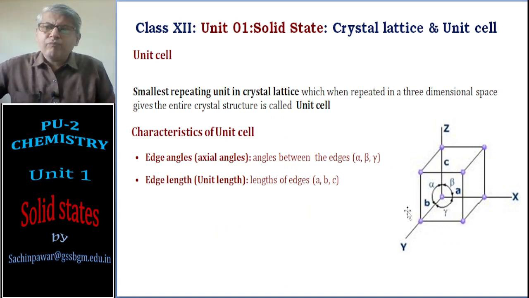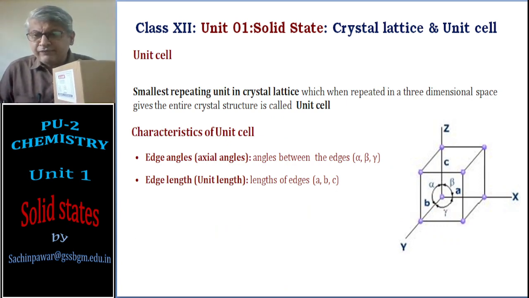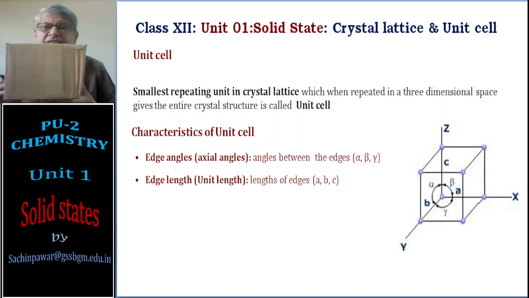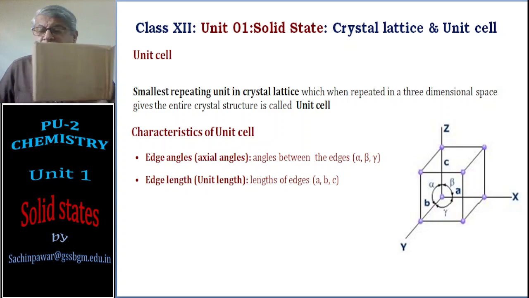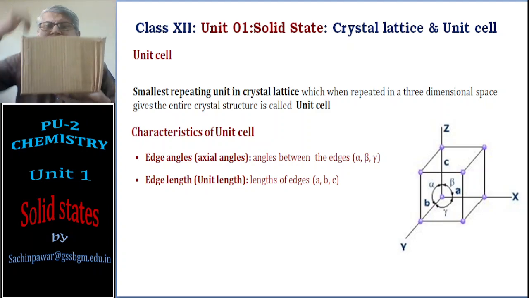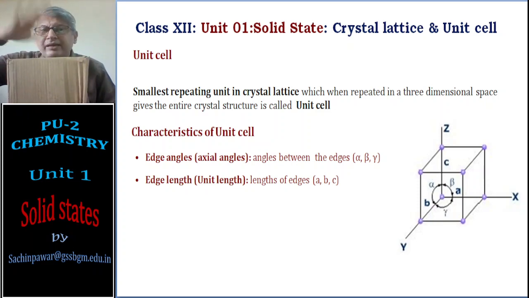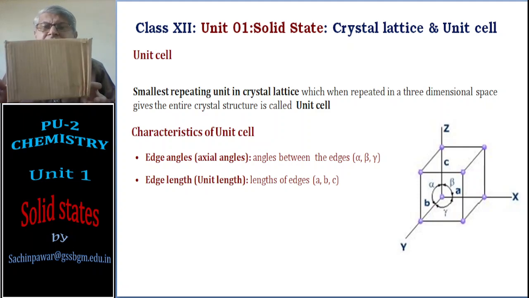For this I have one box here. This is the box. You can see it is a unit cell. If this box is repeated in all possible directions, say I take a similar box on this side, a similar box above it, below it, on all sides, I'll get the entire network of solids. So these lines are the imaginary boundaries, and the particles are present in those. This is the simplest repeating unit present in the unit cell.